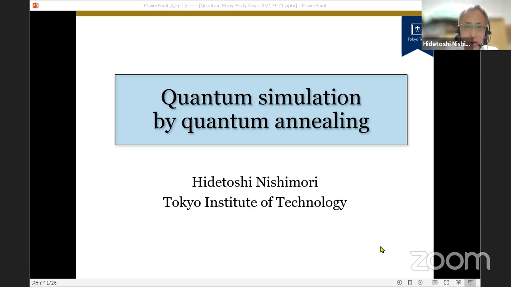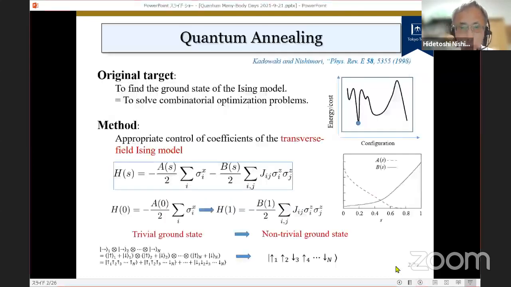So I will today talk about an application of quantum annealing to quantum simulation. First, I will give you a brief introduction to quantum annealing in general. The concept of quantum annealing